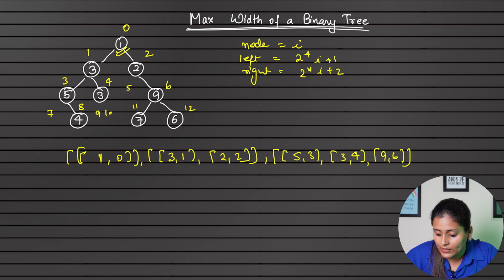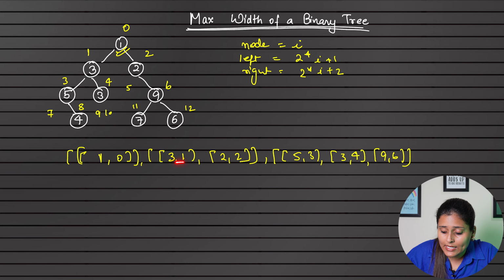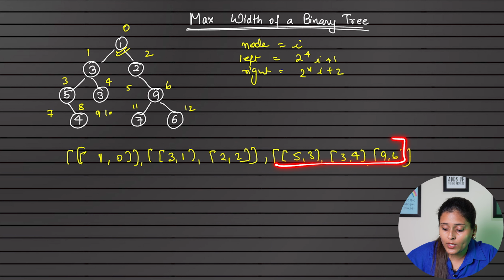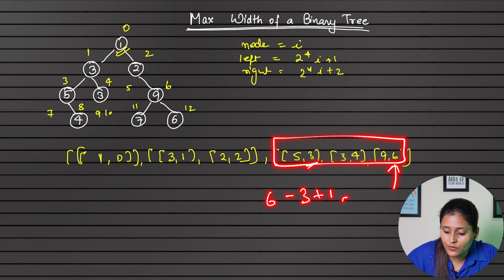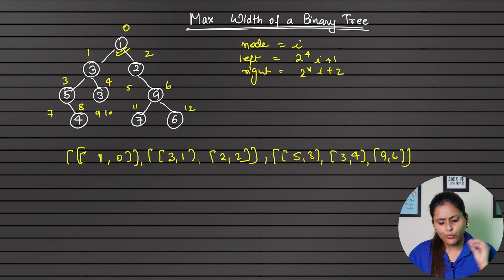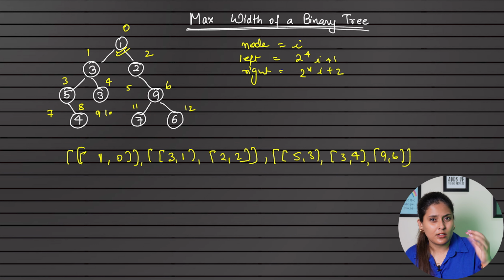Okay. Now let's come to the second one. The second one says this will be the rightmost node, this will be the leftmost node, and plus 1, which is 2. Correct. Similarly for the third one, rightmost node 6, leftmost node 3, plus 1, which is 4, which is the number of nodes. Now if you are thinking that for sure the maximum width will be present at the last level,